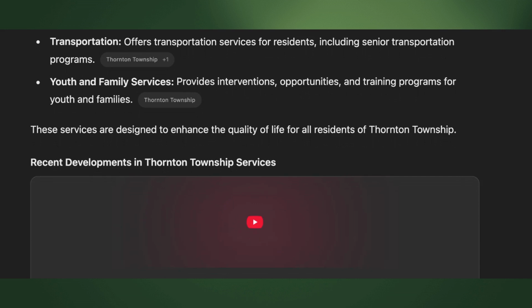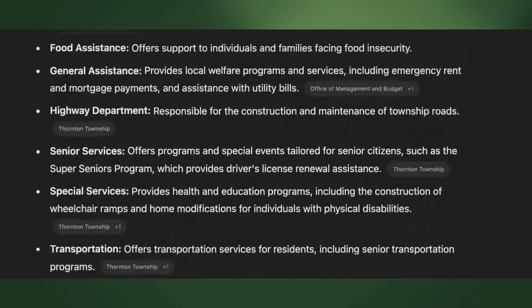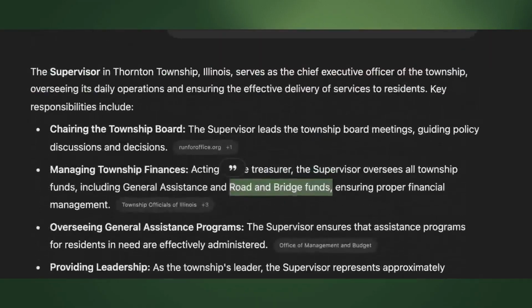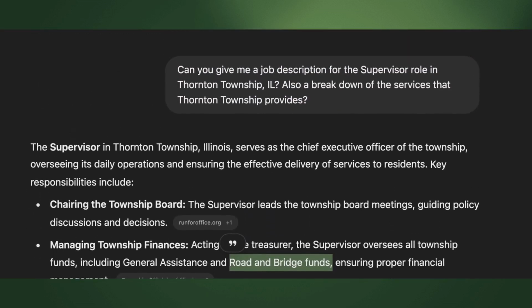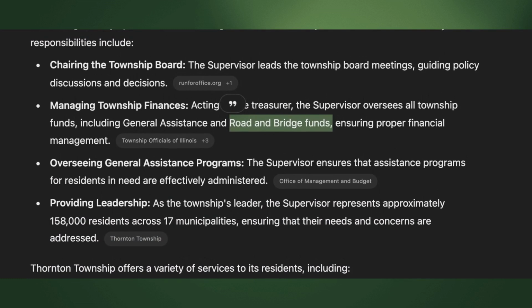All right. And again, this is just my office assistant giving me the lowdown. I don't think a lot of stuff that they were asking, I can't see like the whole thing about taxes. I don't see where that's a responsibility of the township supervisor. Now I might be missing something, but I don't see where their responsibility is to meddle with taxes.